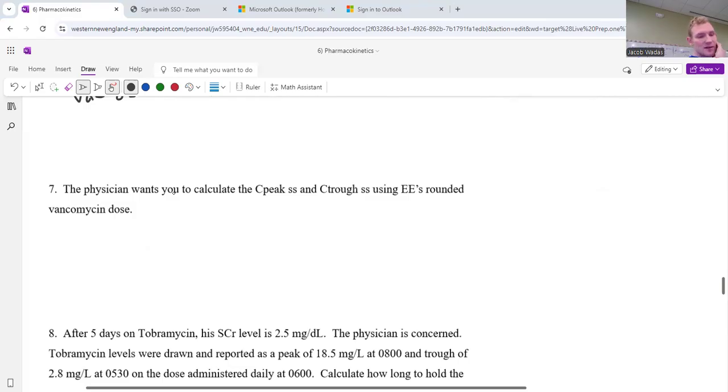using the rounded vancomycin dose. So our vancomycin dose was 1500. For C peak, make sure you use the rate. C peak steady state equals dose over infusion time, so 1500 over 2, times 1 minus e to the negative